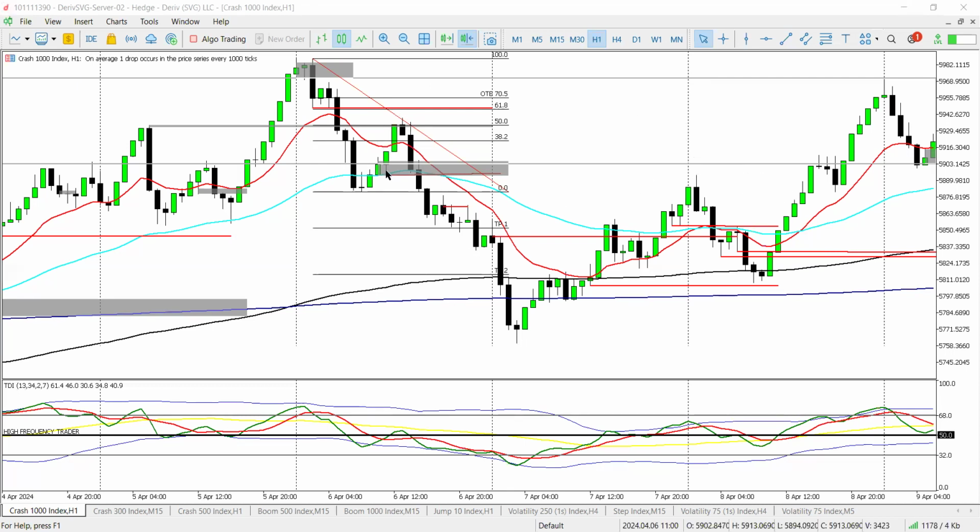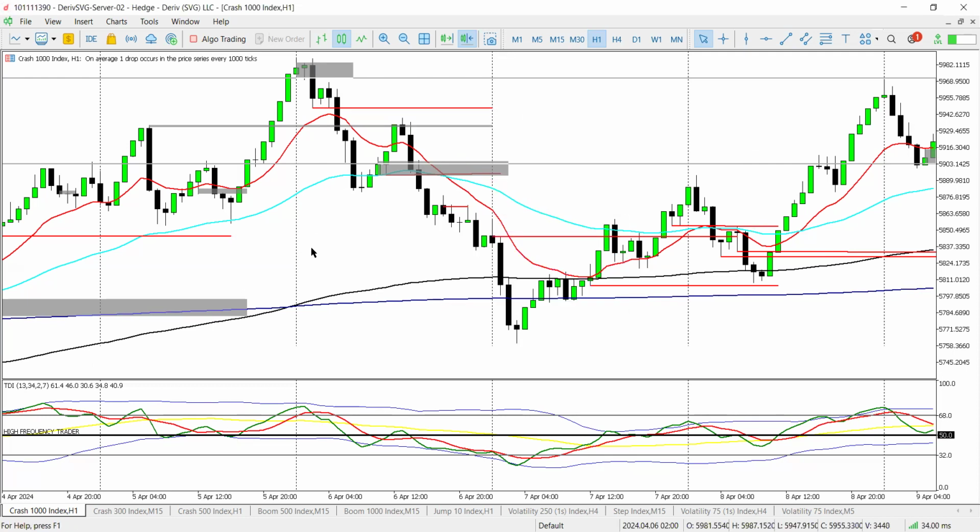The only thing you want to identify, buyers from the weekly, daily, 4 hour, you want to mark supply and demand. H1, you want to confirm your trend for the day if you're day trading. M15, you look for a pattern and execution. That's it. So the same is the same for